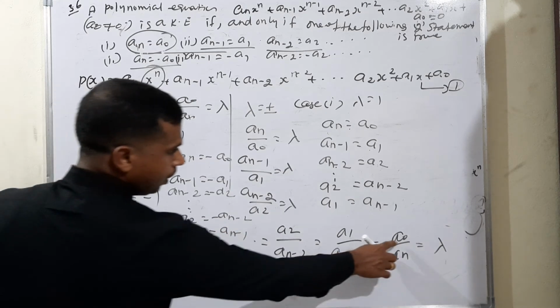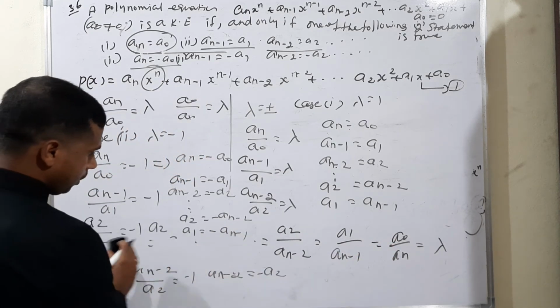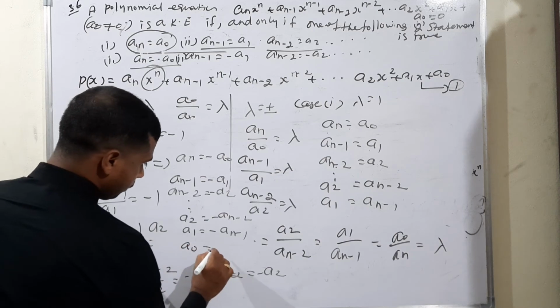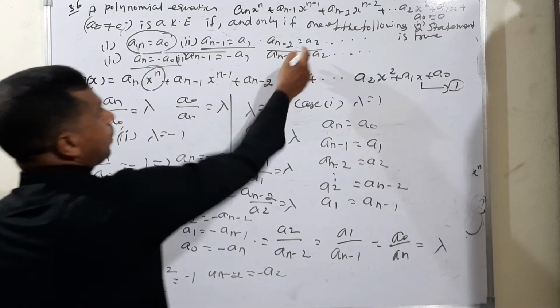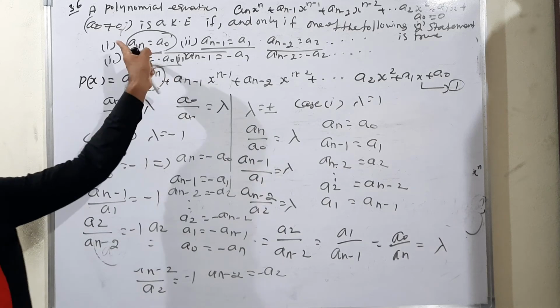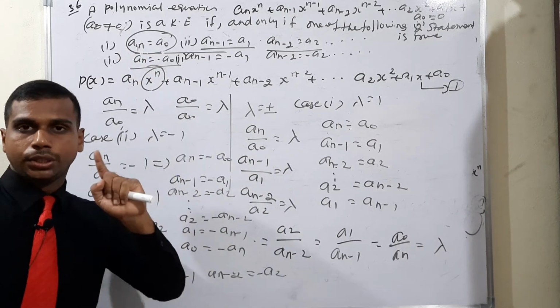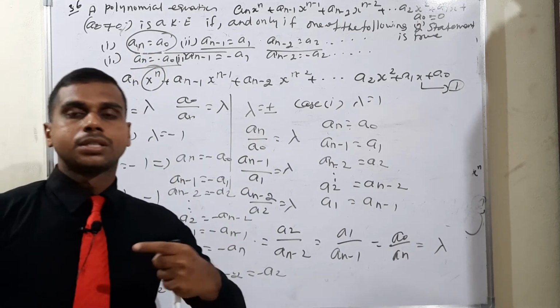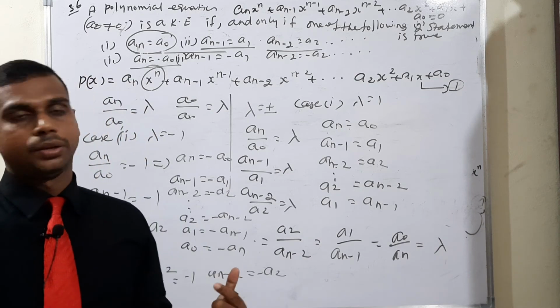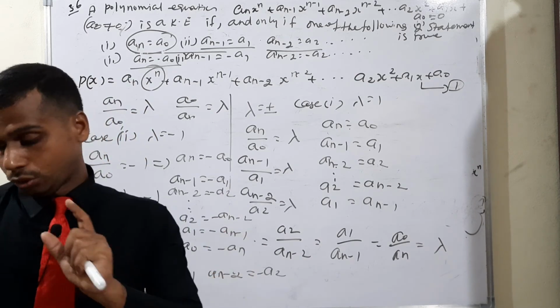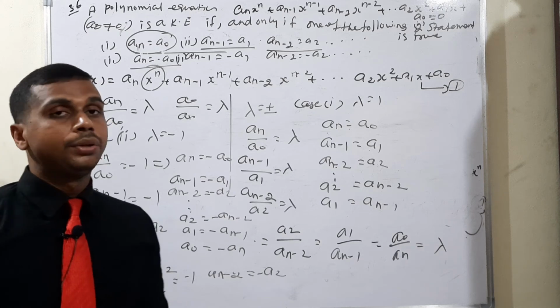Last case also, a_0 is equal to negative a_n. The same condition will come according to statements 1 and 2. When positive lambda is equal to positive 1, it means positive answer, negative means negative. So we have proved with the two statements also. Okay, then I will continue the example problem.